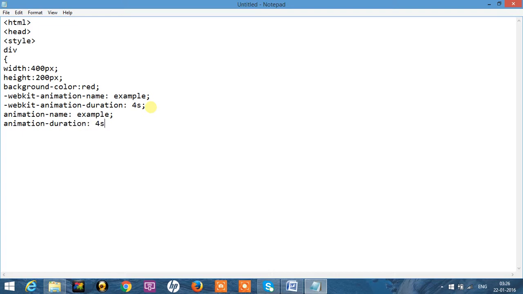The duration of the animation is 4 seconds, and I'm taking keyframes with the -webkit-. This -webkit- is about browser support. I'm taking keyframes. This is the name of the animation.